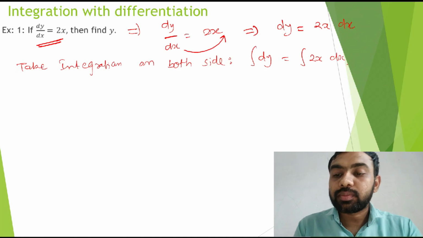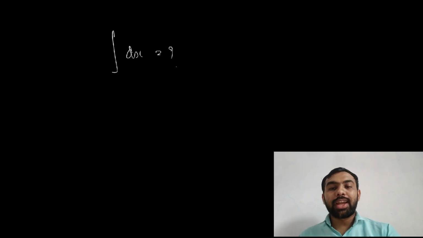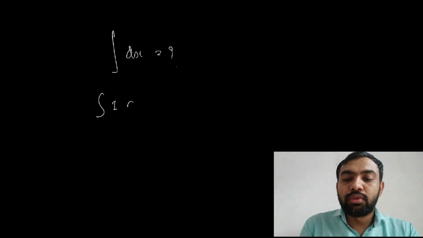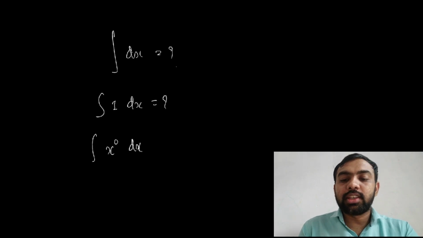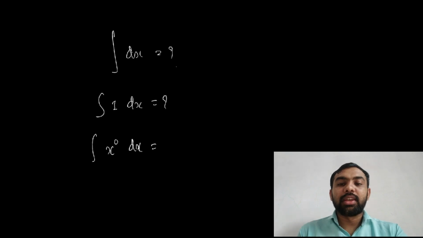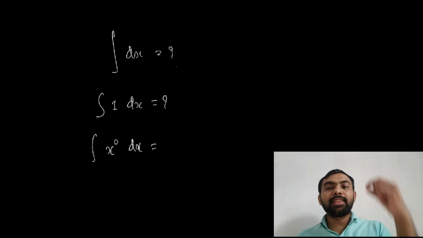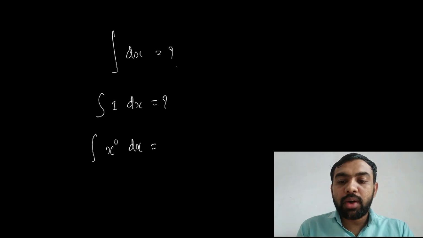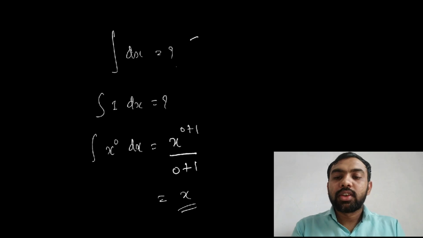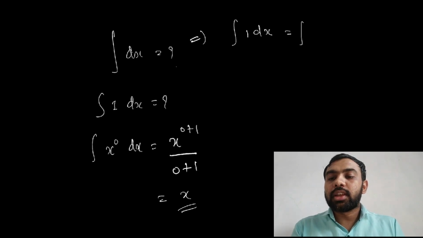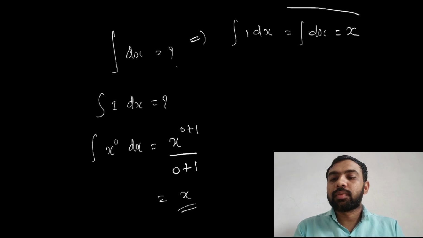Now take an integration on both sides. So here, integration of nothing means 1, y is present. You must understand this, integration dx is equal to what? Because it is very important. Integration 1 dx is equal to what, meaning integration x raised to 0 dx is equal to what? All these terms are the same: integration dx, integration 1 dx, integration x raised to 0. The power increases, so 0 + 1, the new power comes in the denominator. So what answer will come? x raised to 1. So always, integration 1 dx, integration dx, answer is x.